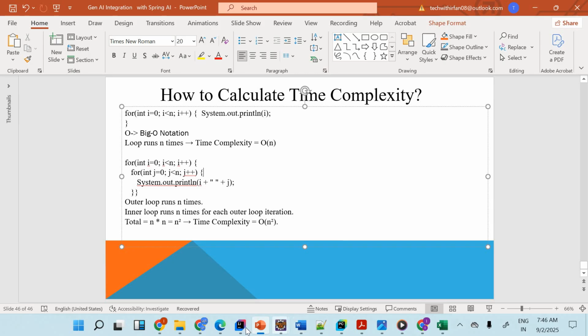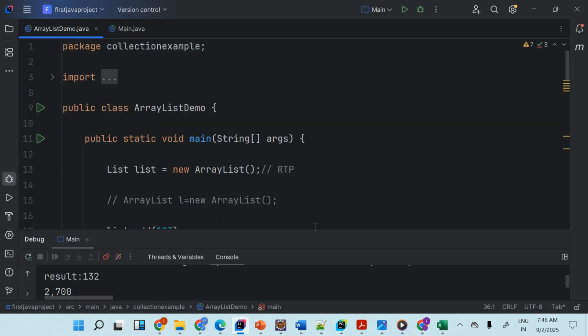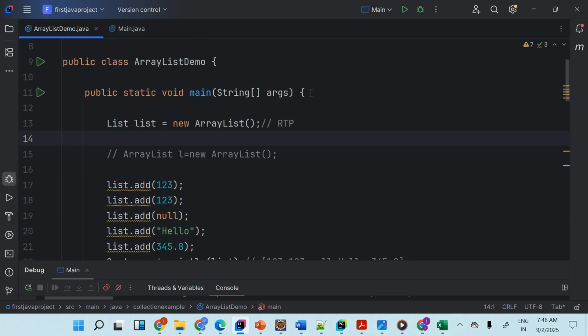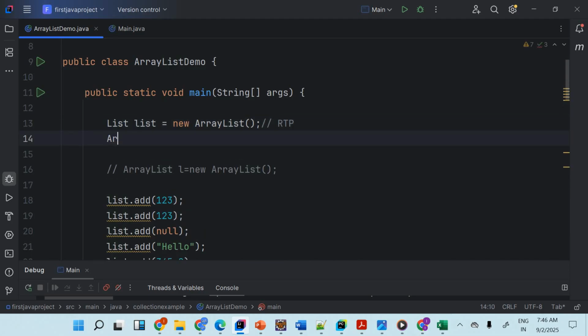Okay, now let's come to the example. So here I created one example of ArrayList, and that example we'll understand. So public static void main, simple, I created an ArrayListDemo class, and here I kept List equal to new ArrayList. That is also possible. So what happened? List is an interface, so the way I created that object there was ArrayList